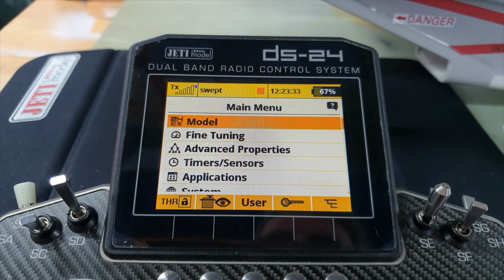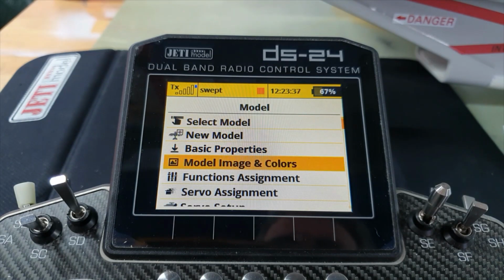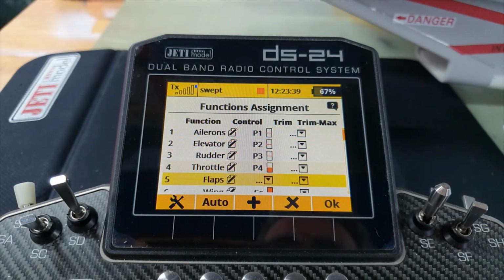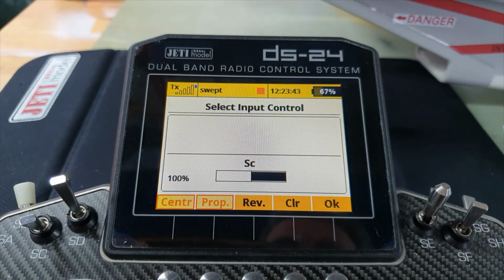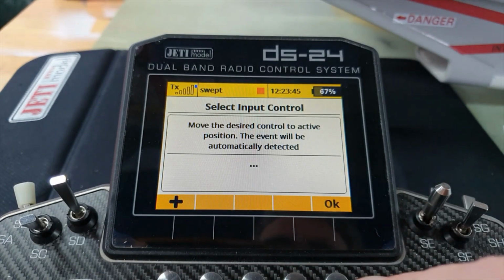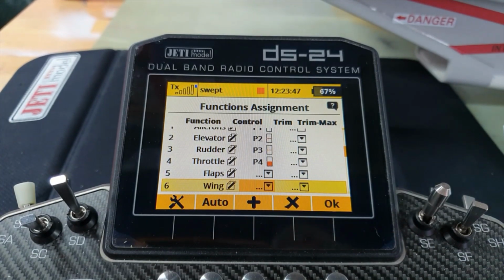Let's go first of all into model, the function assignment, the wing sweep, and we'll remove the switch as the control. So we'll clear it out. Oh, by the way,